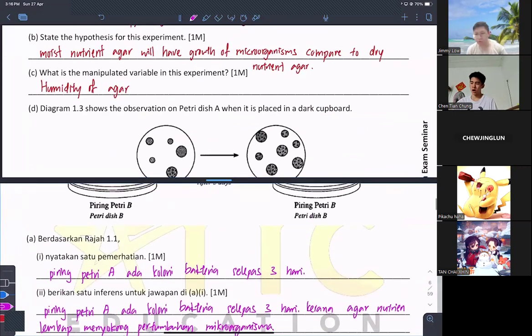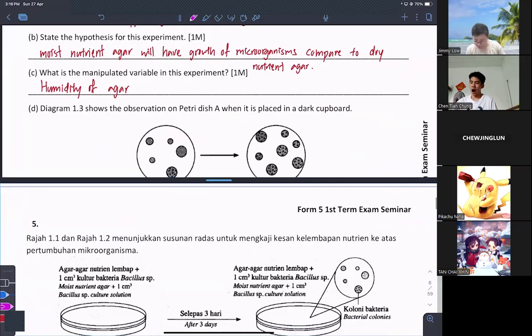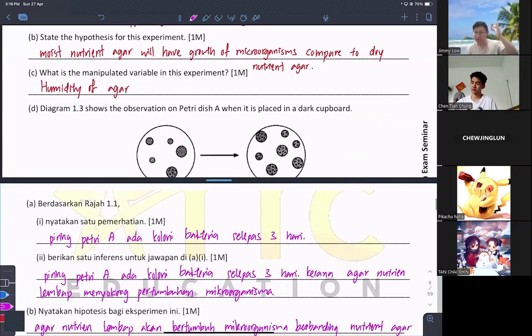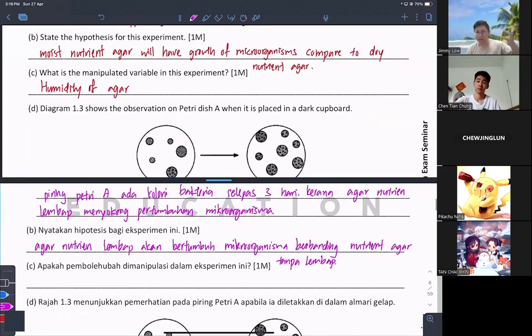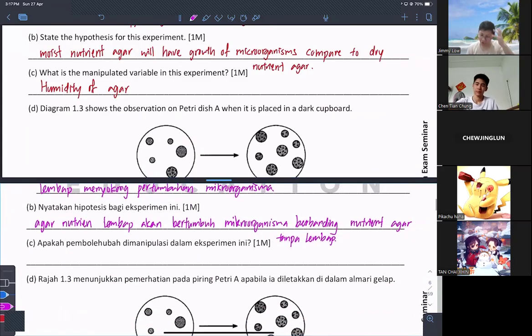So if you don't know the word kelembapan, you read back the question. The question will give you the keyword. Some people understand like, hey, my vocabulary can't support this. Then how? I forgot the word already. Read the question lah. The question will give you the keyword. That's why I say NP and RV are impossible to get wrong in your section A. Everything is given already.